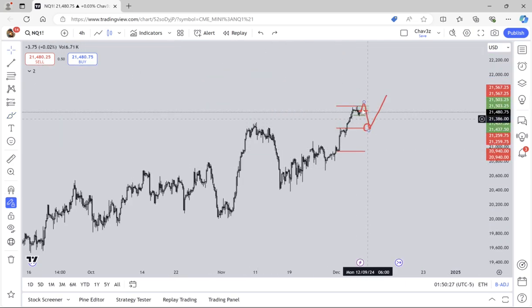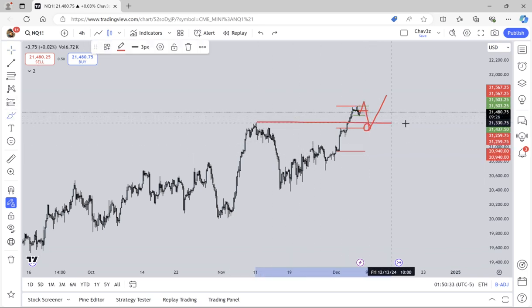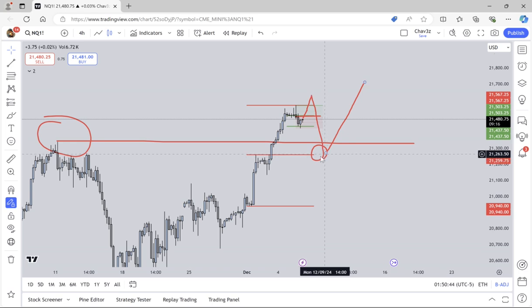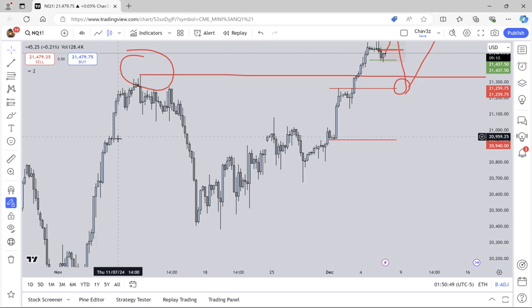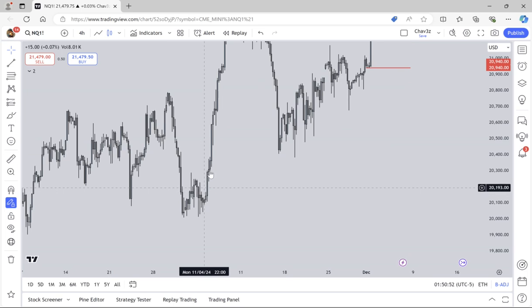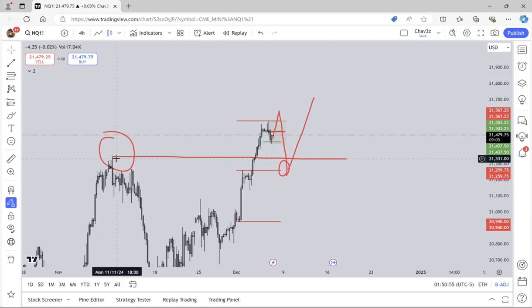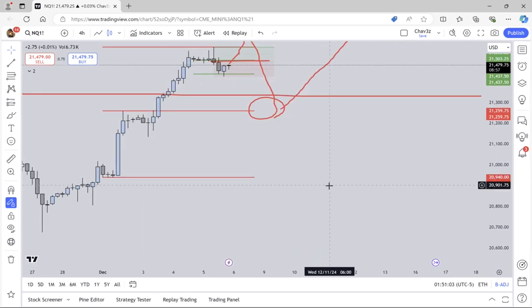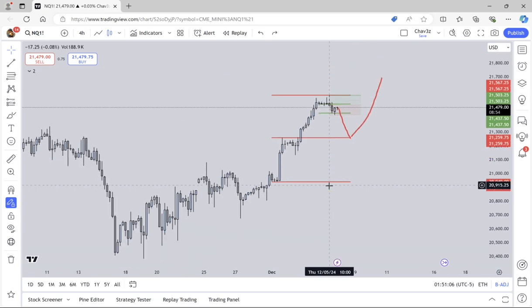Just continue that uptrend. I don't think we'll break structure and trade back into this range, because this is where we could potentially fall back into shorts. So for me, it makes sense to tap into it and psych everybody out, to make them think we drop back into this range, which was the Trump rally. I think this range was the Trump rally. If we break this, we fall back into this range. So I think we'll break into it, psych everyone out, and go higher. But we'll see. I'm going to stop recording because